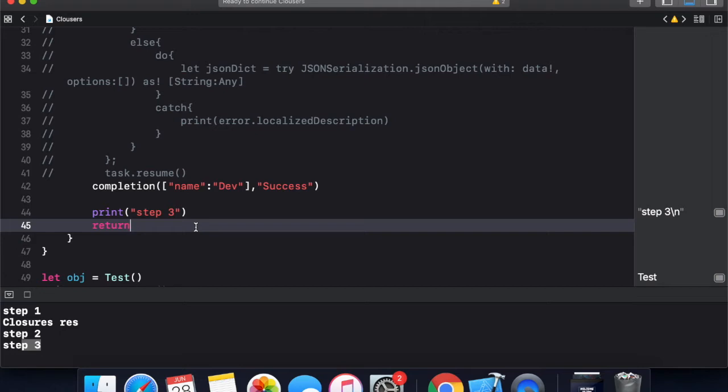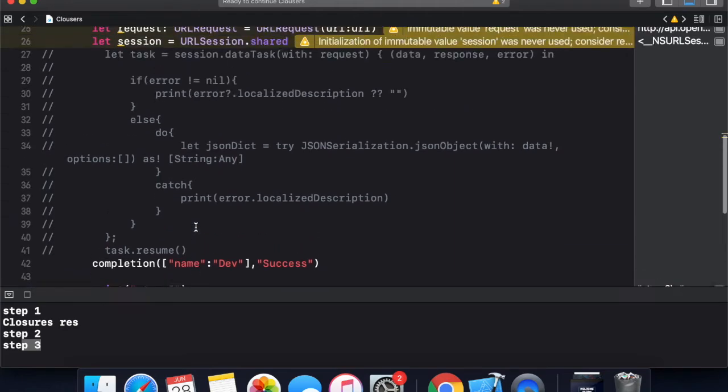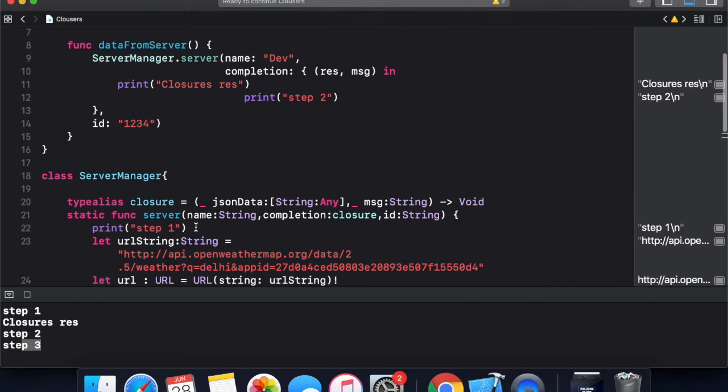Whenever the compiler starts running the function, non-escaping closures get executed with the function flow, and once the function returns, these closures are wiped out from memory, so they cannot outlive the function body. So this is about escaping and non-escaping closures.